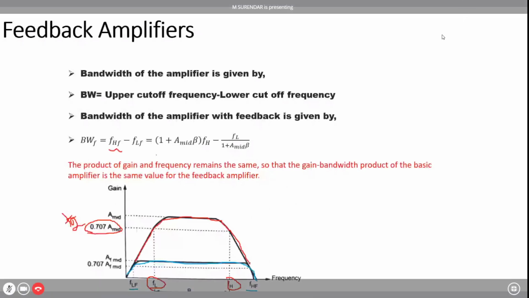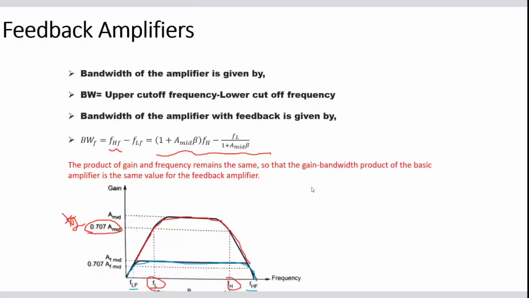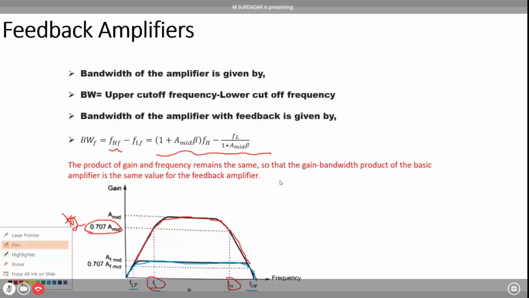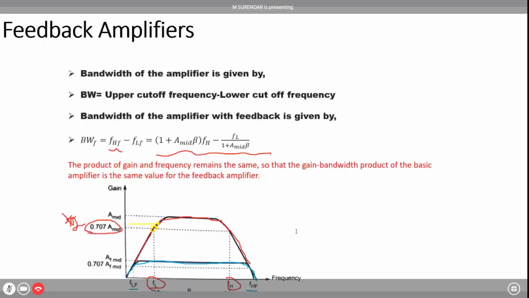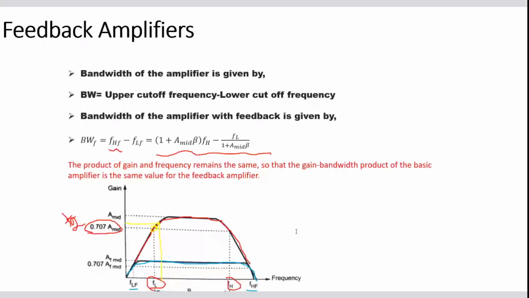Okay. This is actually known as, if you just check the values at every point, you take some point. I'm mentioning that with some other color. If I'm taking some point randomly in my curve, and if I'm multiplying the corresponding gain and the corresponding frequency, that is actually known as the gain bandwidth product. That will be same throughout